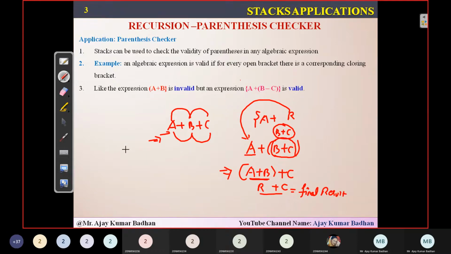So here, my point of view in this particular parentheses checker is finding out that if you are writing an open brace, making sure that that particular open bracket has a closed bracket. Now, expressions can be represented. So what are the different types of expressions we can represent here?